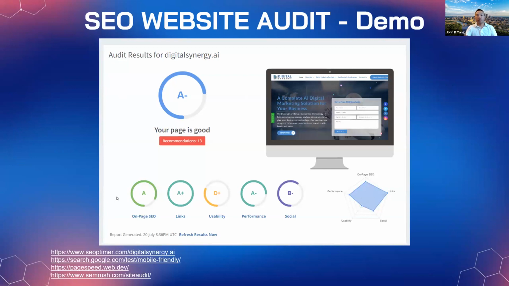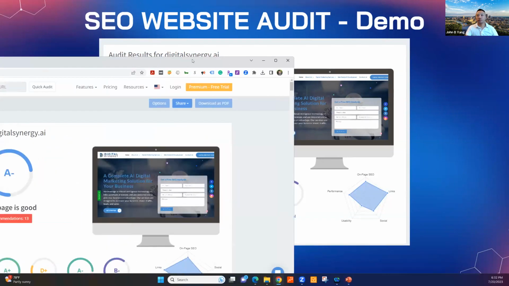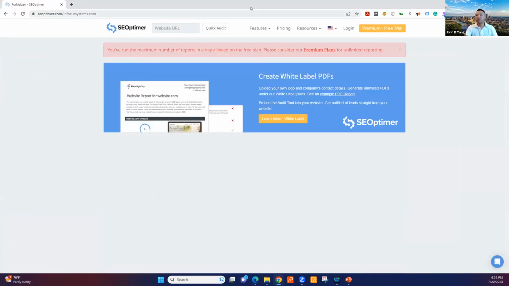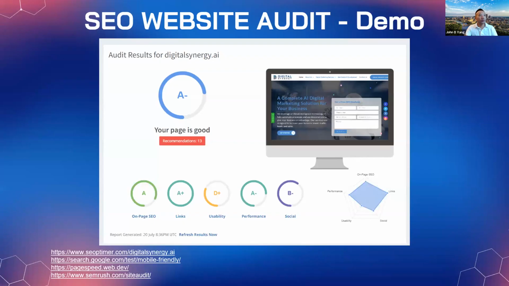So now that we've checked to see if your website is mobile friendly and the basic overview of the page speed, now we can go into more of the website audit. It's going to audit your website to look at if it's SEO friendly. Let me see. I think this report. Sorry, I ran it